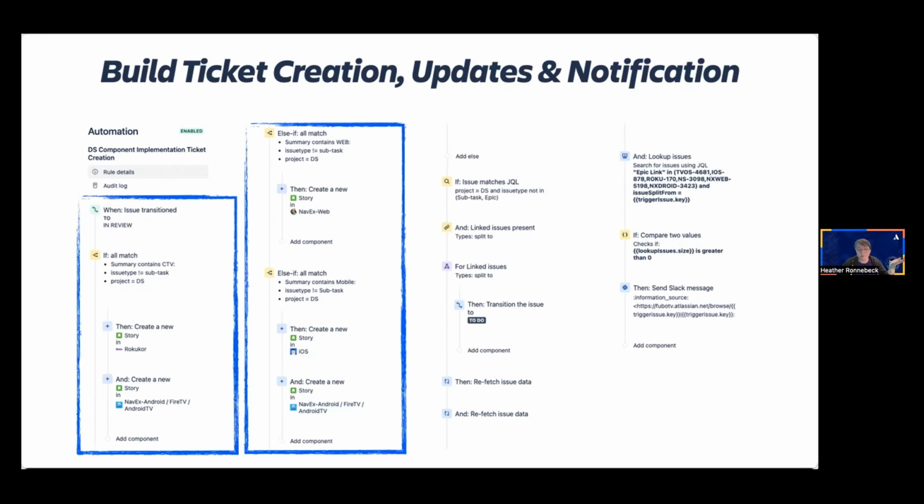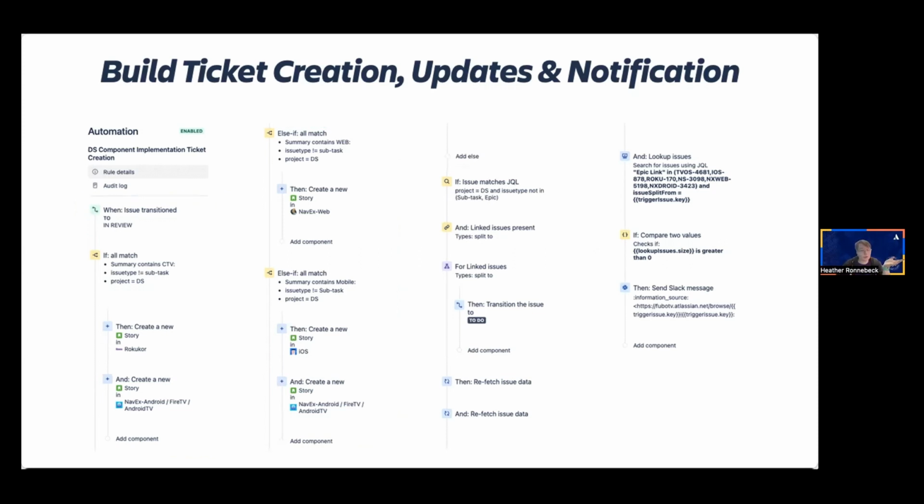There are 6 platforms that were required to do the implementation work. And really what it was is that they all wanted their tickets created different ways. What I did was I broke the automation down into 3 different phases: the ticket creation phase, the ticket updating phase, and the communication in Slack phase. So in this first phase here, the trigger action is where the story ticket for the platform projects, when the designers put it into an in review status, they were instantly hit with all of these different if statements.